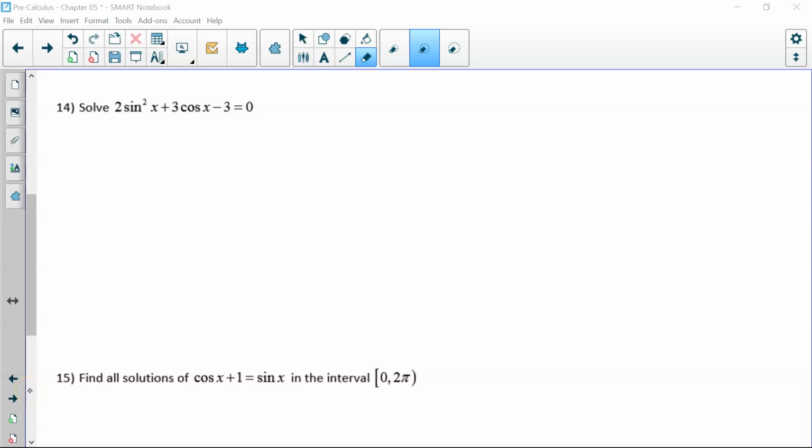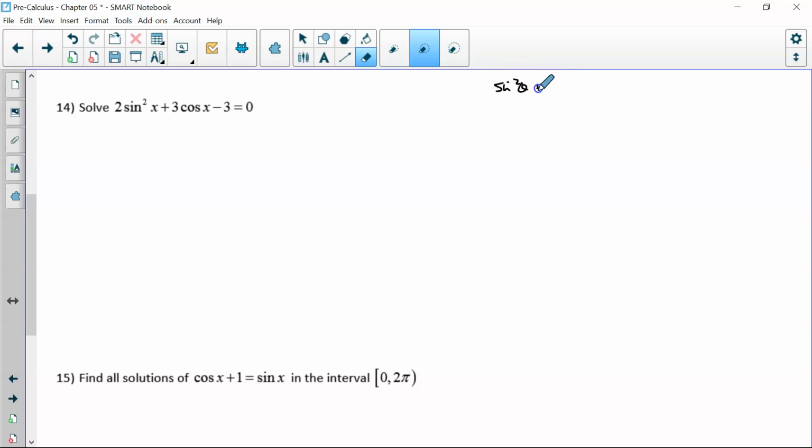Welcome back to more of section 5.3. We're going to be solving number 14. Now, if you look, number 14 has sine and cosine in it. We can't work with that. Now, I can rewrite sine squared. I can't rewrite cosine. So what I'm going to do is use my Pythagorean identities, where sine